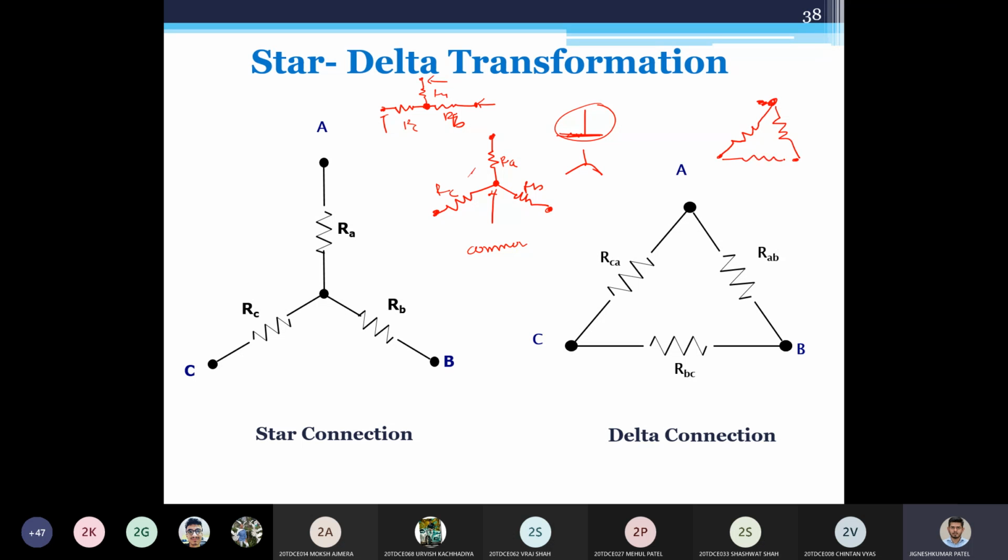And the third one being like this. So now how to name this? If this is A, this is B, and this is C, I'll name this resistor as RAB. Resistance between point A and point B is known as RAB. This would be known as RBC, and this would be known as RCA. Okay, you can write AC as well, but always try to write CA, so